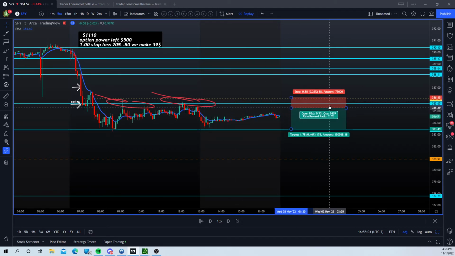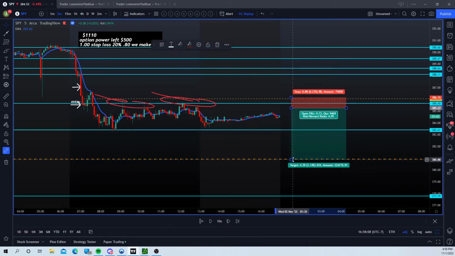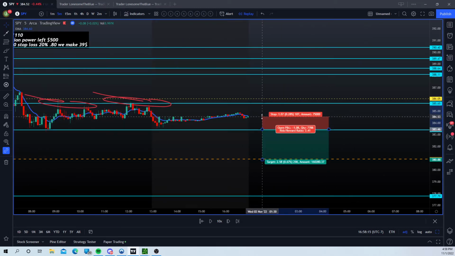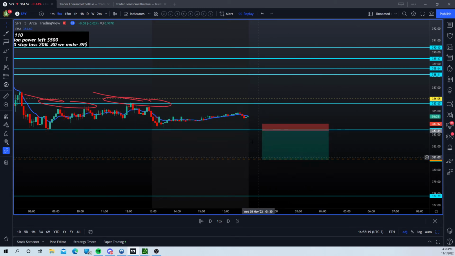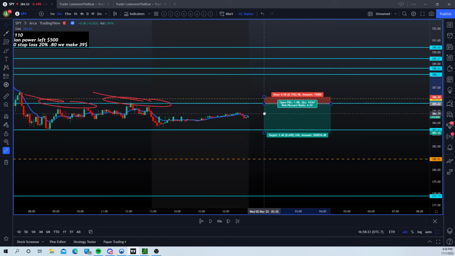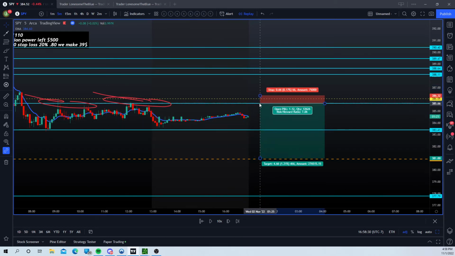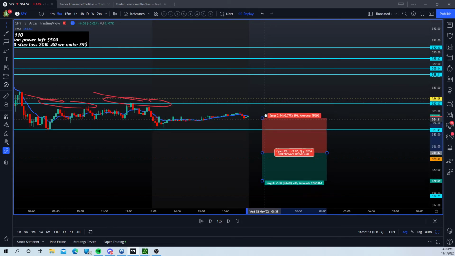So guess what? Either I take profits here, or if I see aggression coming in, I can still go all the way to 381, which is 114% if it hits there, and I'll still hold all my contracts. I would just switch the stop loss like this. See that? And you will still keep it green. You just switch the stop loss. See, it went from here, so now you have all this green. So basically it'll be like this. All this is green. So even though you get stopped out, you only get like 75% profits.